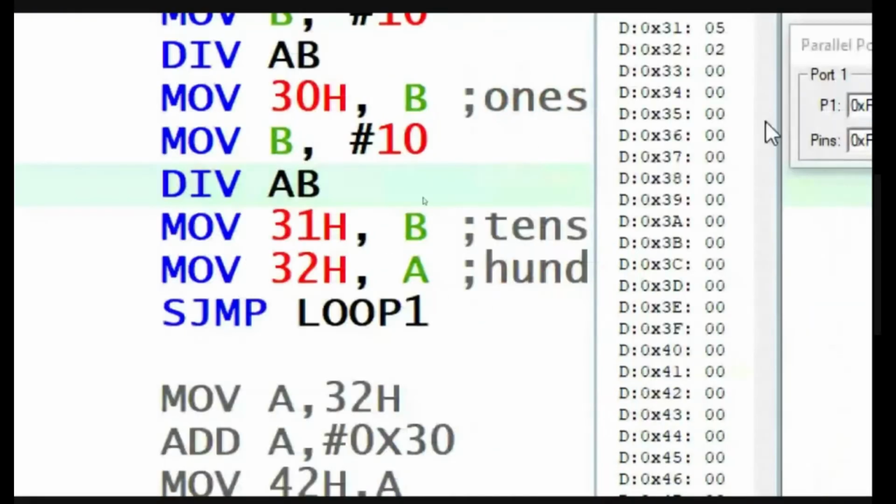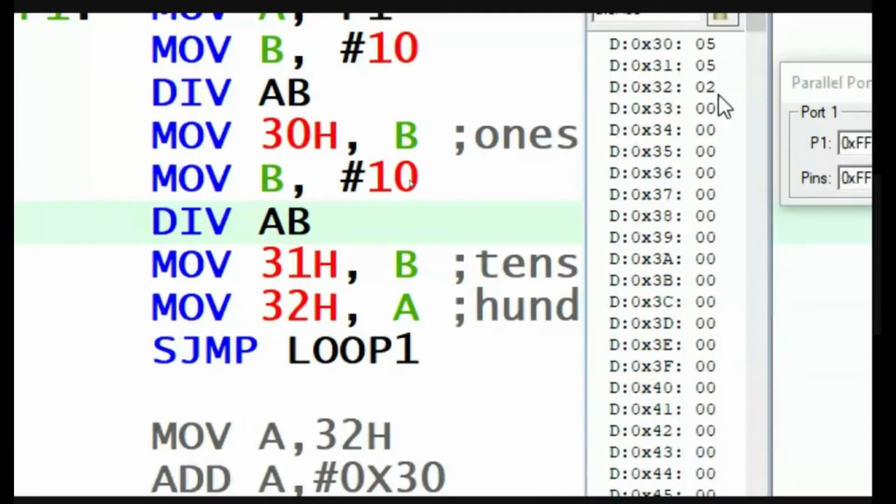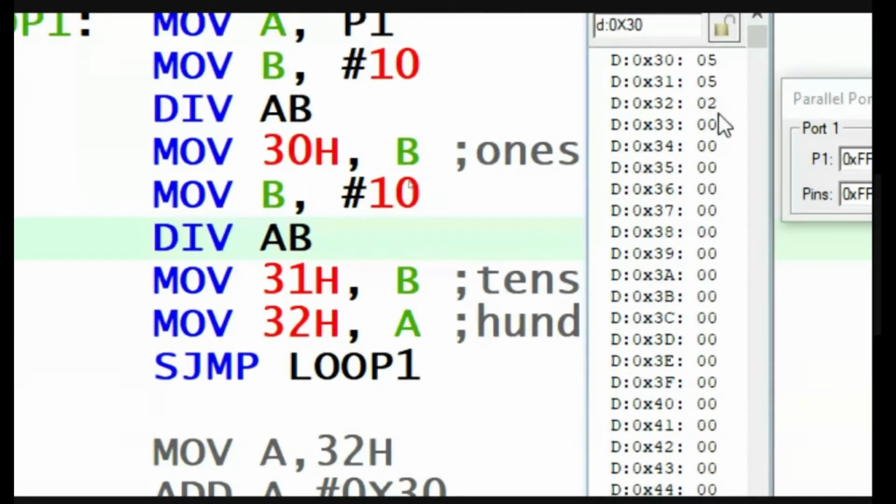Now, after converting the decimal number, when I'm pressing any number on the PC keyboard, or your laptop keyboard, or your mobile phone keyboard, this decimal number alone should not be transmitted. The ASCII equivalent of this decimal number needs to be transmitted. So the ASCII equivalent of a decimal number means hexadecimal 30 needs to be added to the given number.